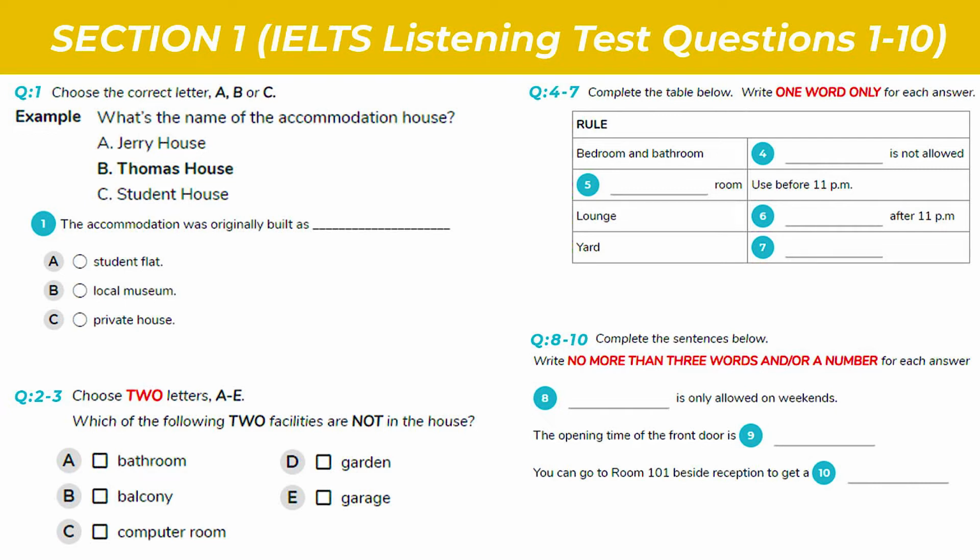If the lounge has a time restriction? Definitely. We ask all students to keep quiet and do not make noise after 11 o'clock. We know there is a backyard in the house. Yes. If we can park our car there? No, we do not allow parking in our yard. Okay. Could we invite some friends to hold a party in the garden or lounge? We only allow party on weekends.